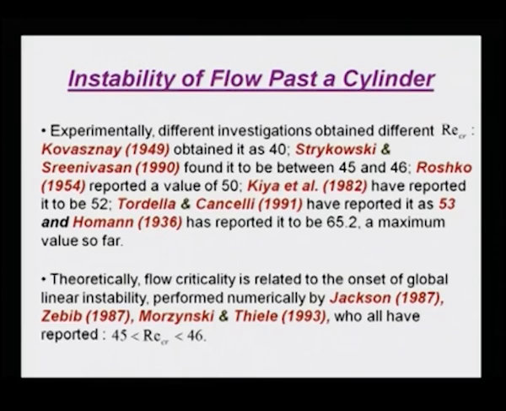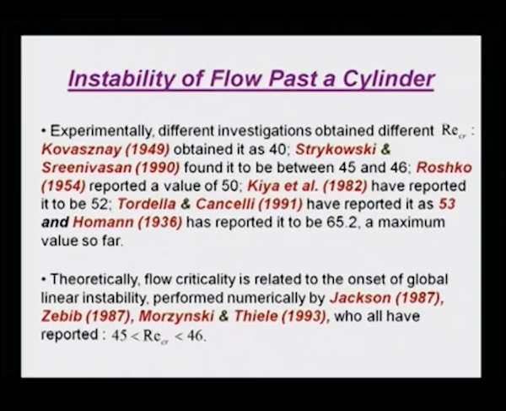But if you look at Roshko's original work in the early 50s at NASA, he reported a value of 50. This group in Japan reported a value of 52. And Tordella and Cancelli have actually shown it to be 53. But this was what yesterday we were talking about, Fritz Hohmann's work. Hohmann reported it to be 65.2,